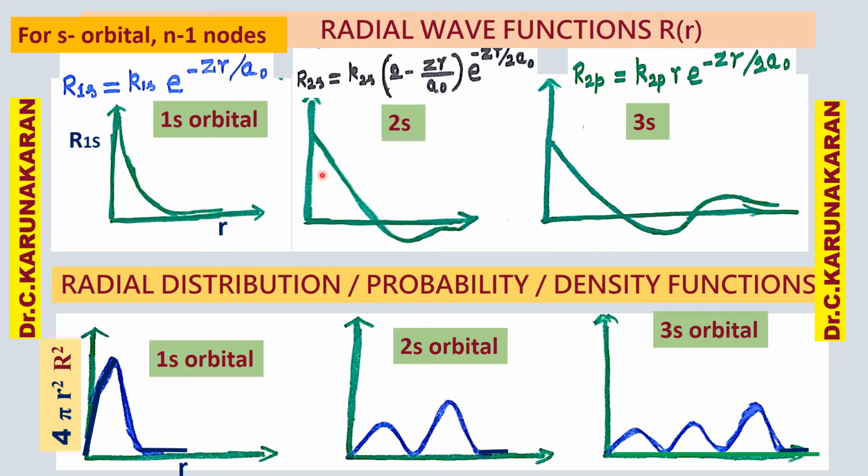I have compared the radial probability curves with the radial wave function curves. We have already studied this. On squaring the radial wave function, the nature of the plot is changed. You see, here the wave function is positive here, negative here, whereas the probability function is positive everywhere. So it has a physical meaning. Here also plus, minus, plus, and the probability density function is positive everywhere. We will see further.